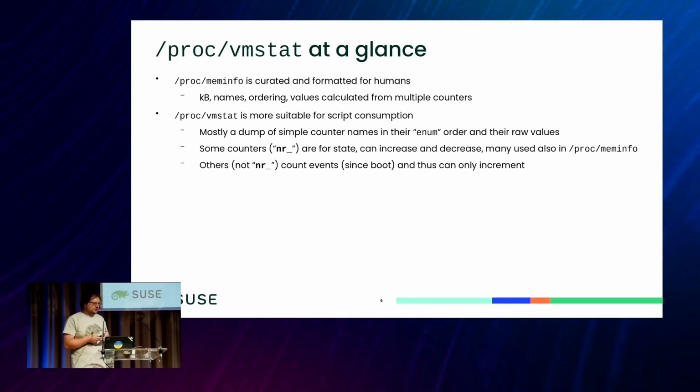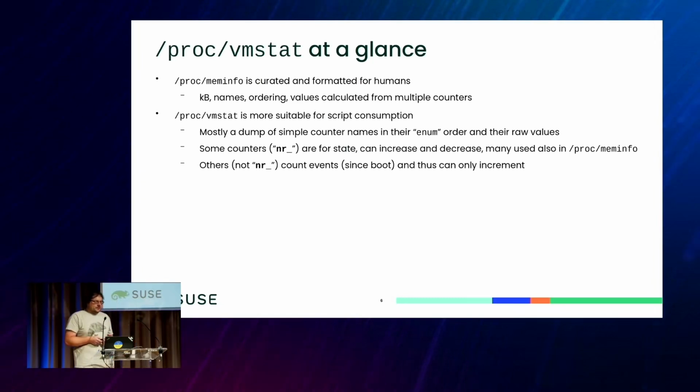what that means is it's more suitable for script consumption, and it's just a dump of all the counters we have in the VM, in the order they appear in some arrays that count them, and just dump the raw values. And the names are taken from another array of very simple text, and they are not trying to be very